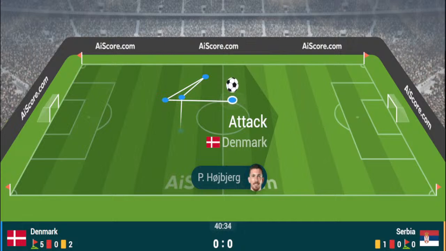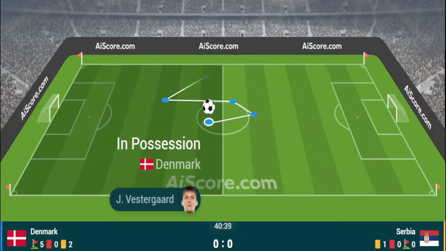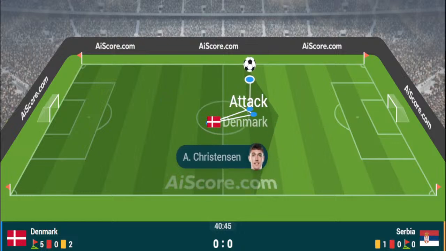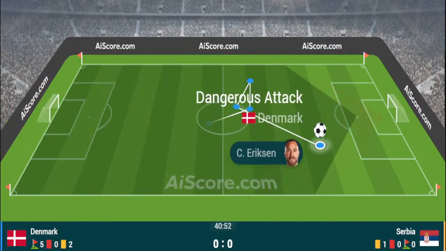But when you look at that bench, you look at Vlahovic, the eventual striker, you look at Milinkovic-Savic and Jovic as well, who's recovered from an illness, to be on the bench tonight. I mean, there is options there, and there's possibilities. So it's back now with Kasper Schmeichel, the man of course who won the Premier League title with Leicester City. It is Denmark who've slowed the pace of the game down slightly, and Denmark now who have the ball outside their own box.